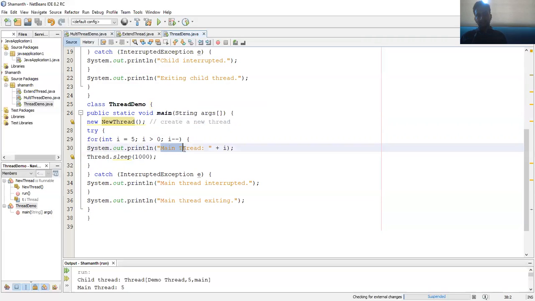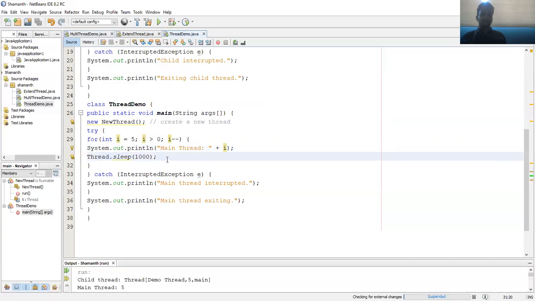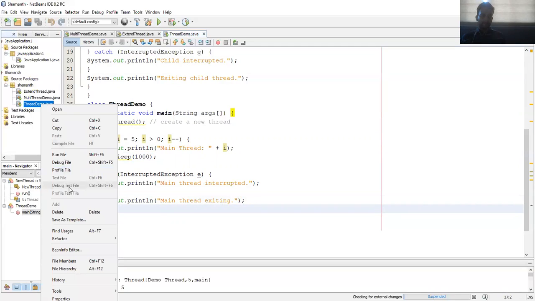But here we are giving the name main thread, so that will print main thread 5, 4, 3, 2, 1. And here we are giving a sleep time of 1000 milliseconds. Once it prints from 5 to 1, if there is no exception, the main thread will exit. So we'll run this program and see.